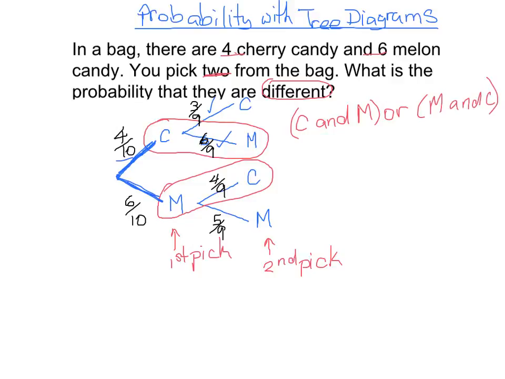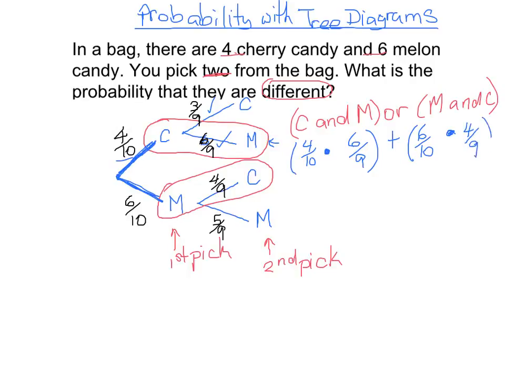So what does that mean? Every time you see and, we have to multiply. Every time we see or, we have to add. So cherry was 4 over 10, and I'm looking at the tree. And so we multiply melon 6 out of 9. So that came from right here. Or, so we add melon, which was 6 out of 10, and so we multiply cherry, which was 4 out